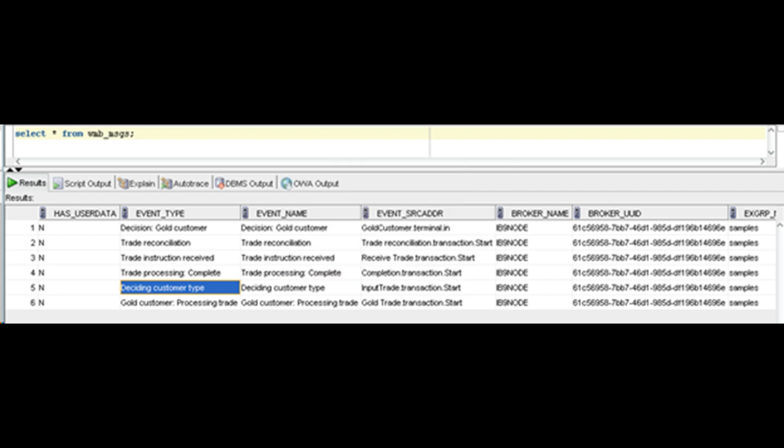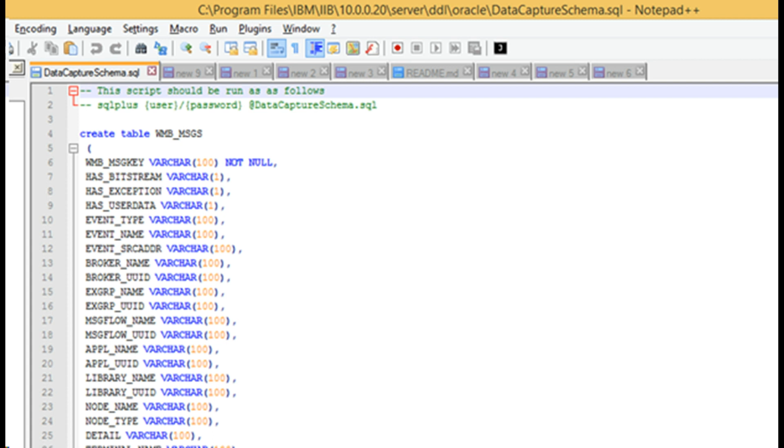This custom application will read messages from that queue and push that into the table. You can use the same table structure, and if you want, you can add additional columns. It's all up to you. IBM gives you SQL scripts for the table, the indexes, and there are 3 or 4 different tables that you have to create for this. All this is available in the IIB Toolkit samples folder.